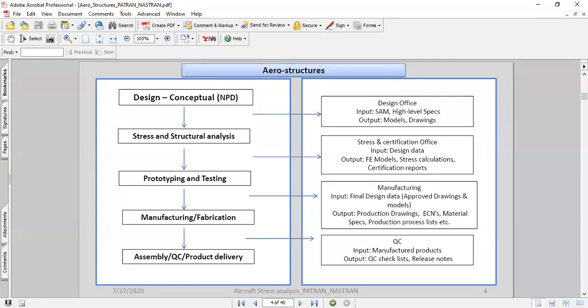Your stress calculations or FE analysis should cater for various things. It should cater not only for cost, but also for availability, if the material is not available, it should also meet those requirements.